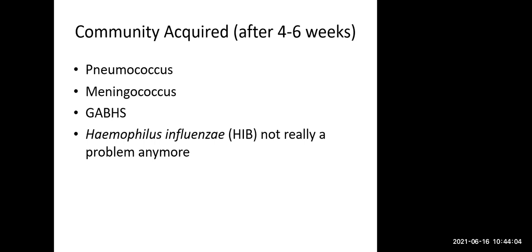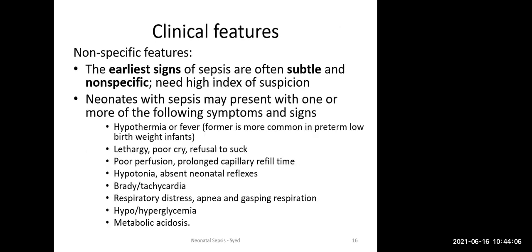Okay, clinical features. Again, sepsis in neonates is different from adults or older children, because babies first cannot mount an inflammatory response, they cannot mount an antibody response, a cytokine response similar to adults. So rarely does a baby have fever. Most of the time they get hypothermia rather than fever, because they cannot